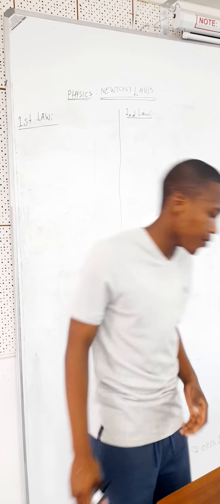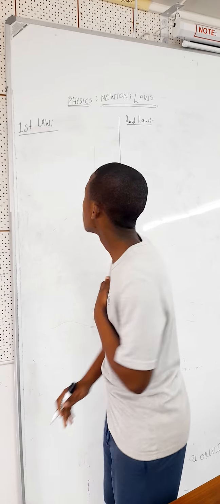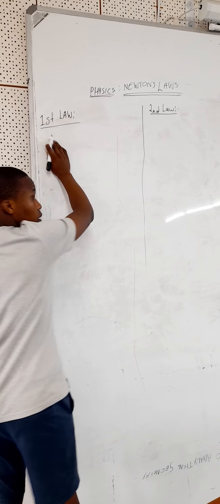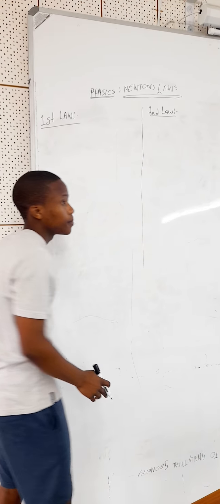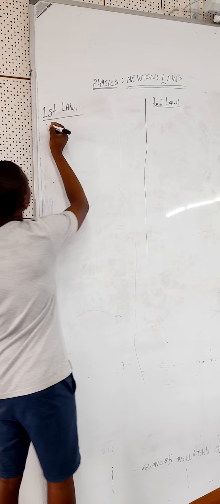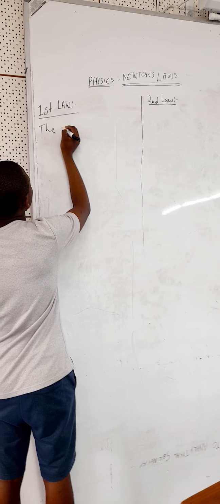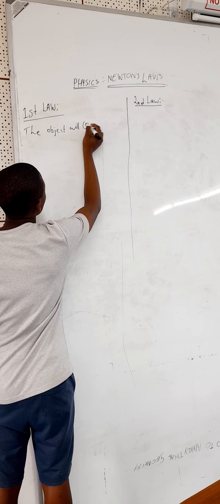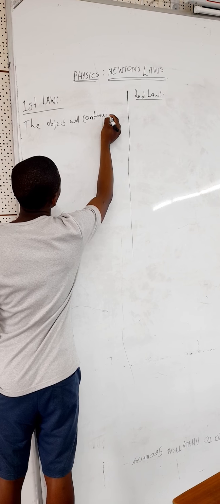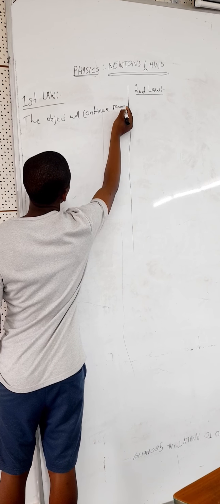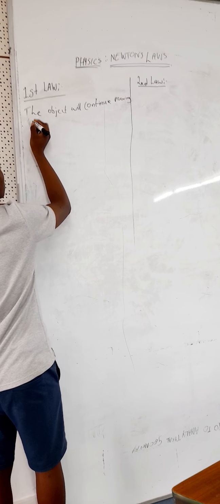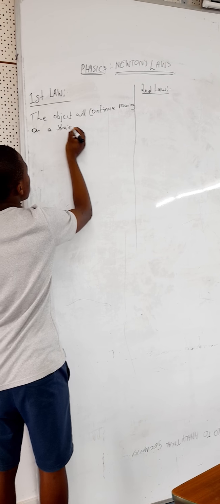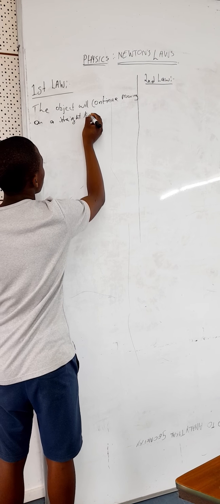Okay, so this is the first law, and this side we have the second law. So what does the first law tell us? The first law states that the object will continue moving on a straight line,